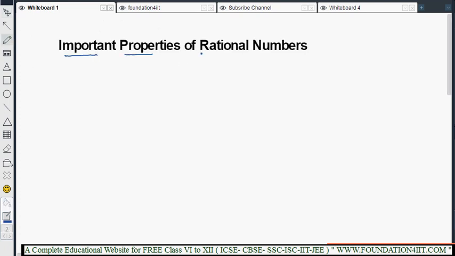There are three important properties. First property is,